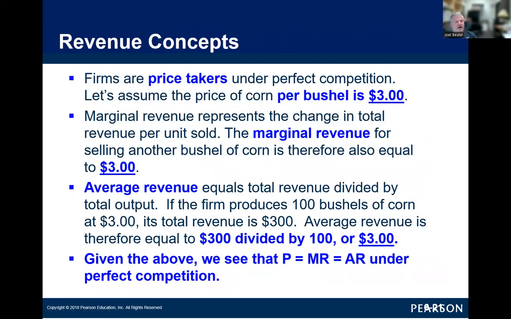So we assume that our firms are price takers. That's a result, not a condition, a result of perfectly competitive markets. It means that you're a price taker. You don't get to set the price of your corn. You just take what the market pays you, right? So you go down to the local grain mill or the cooperative and you say, this is how much I get. Or you go into one of the markets on the CME